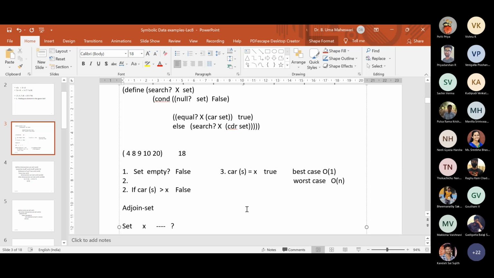So what will be the average case? How to find out? What is meant by average case? Considering how much time it will take when the element is present in first position plus second position, all the time you will look at, divided by n. So what will be the average case for this? It is not the average of best case and worst case, but the time taken for performing the operation if the element is present in the first position itself.